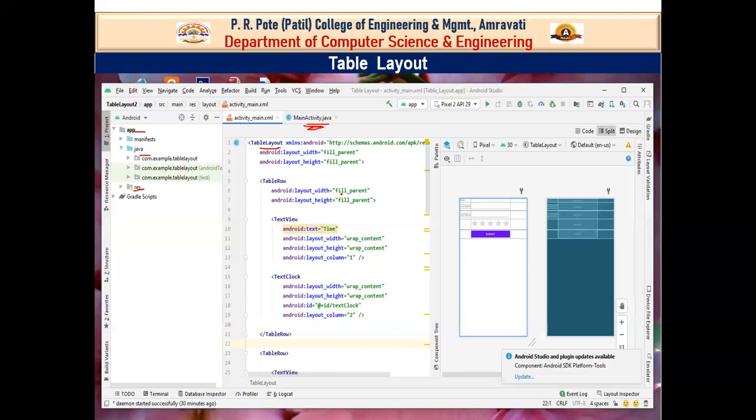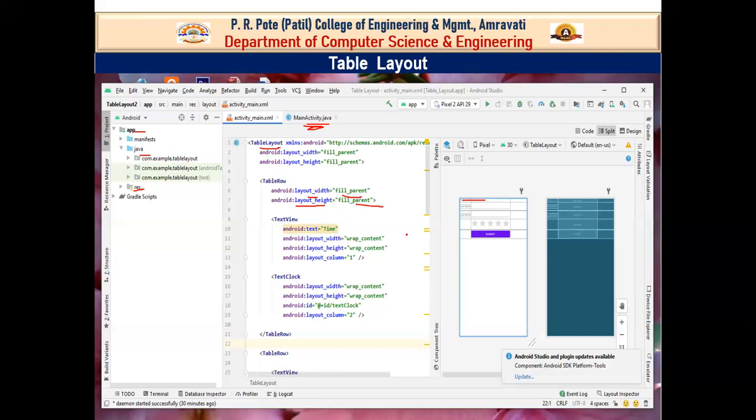In the table row, we have set the layout width by using the fill_parent property, and the layout height again fill_parent. Now one row is created. This is the first row created by this table row.